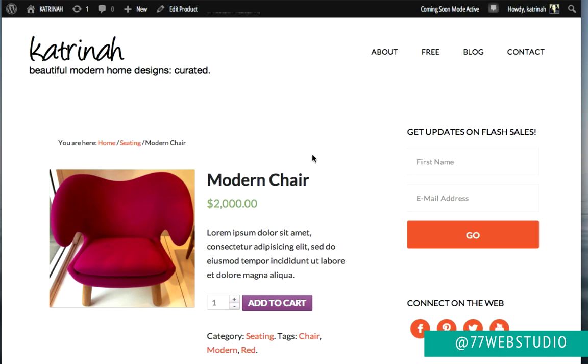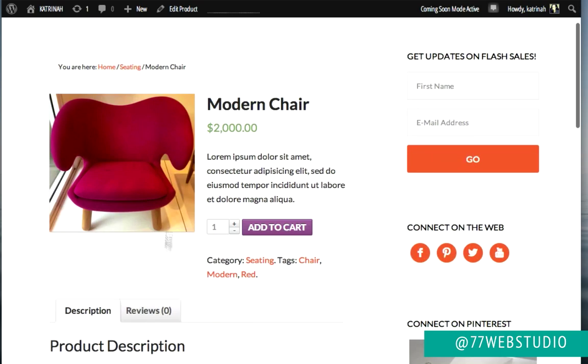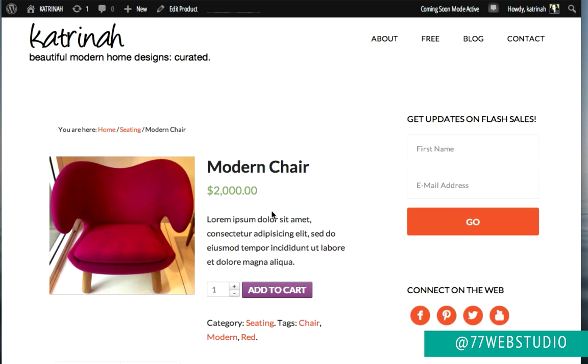Okay, so now we're good to go. Now we do have a couple customization changes to make within WooCommerce because I'm not really a big fan of this purple button, but we'll come back to the styling changes in WooCommerce a little bit later. Next up, let's add the shop page to our navigation menu at the top so anyone who comes to our e-commerce website can very easily find the shop page.